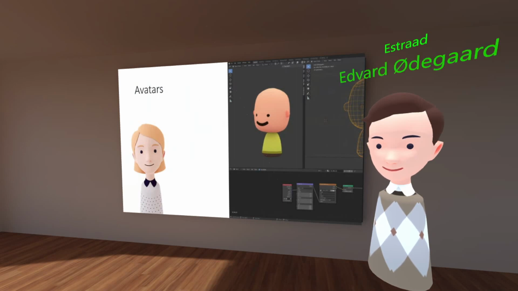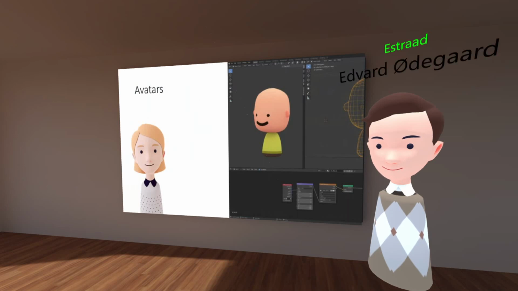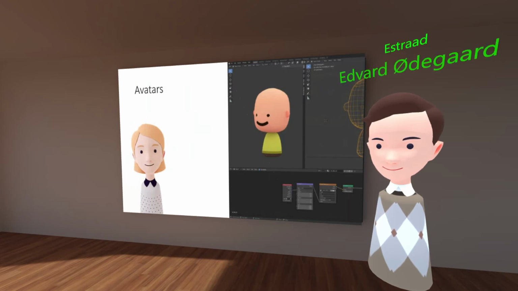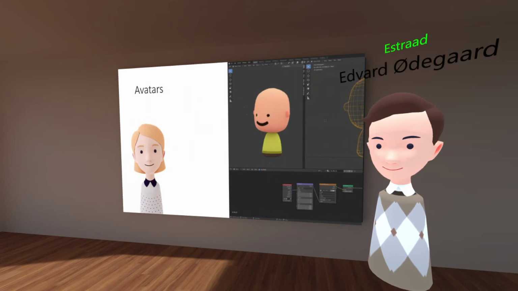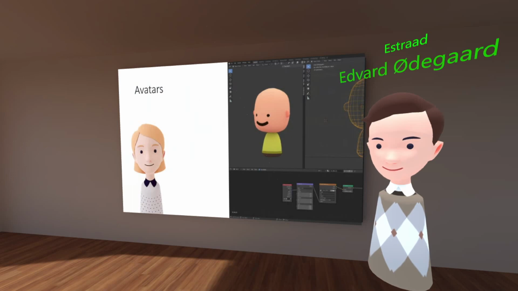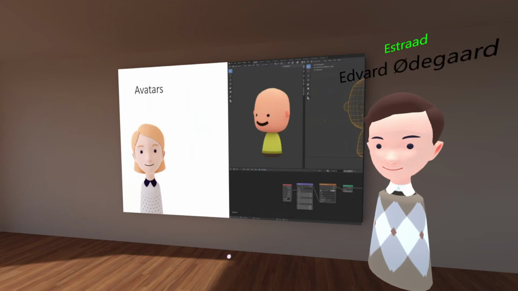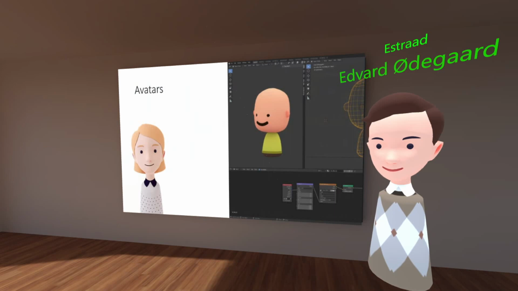So when you create your avatar now, you will have this until you change it in the menu. There's a button on the bottom right of the interface. We did a lot of small steps like this, a lot of tiny details that, when you combine everything, turn out to be a little more simple and streamlined than the Hubs client originally is. And we also wanted more customization early on.